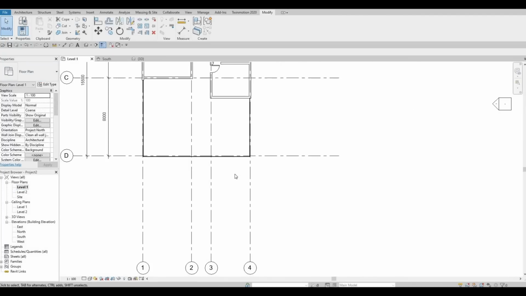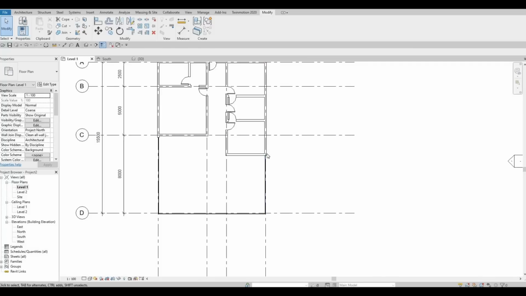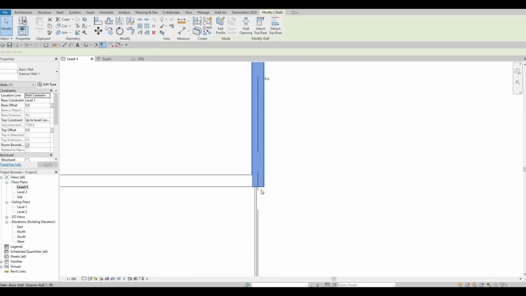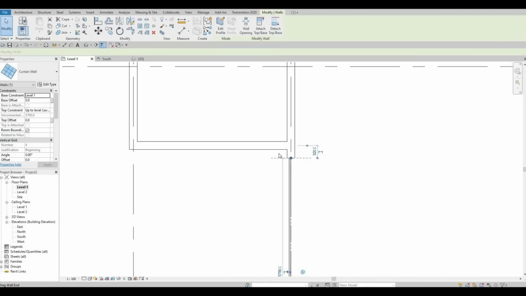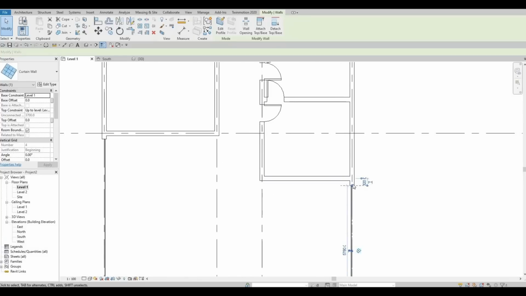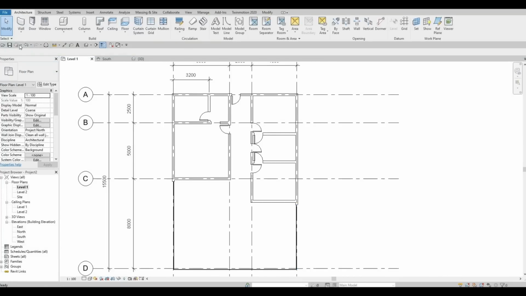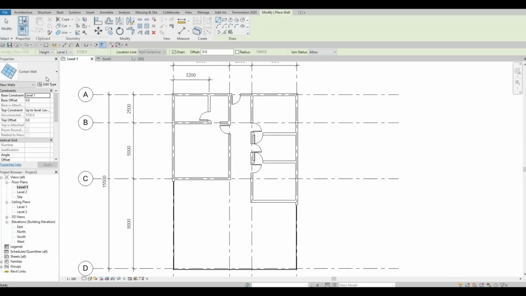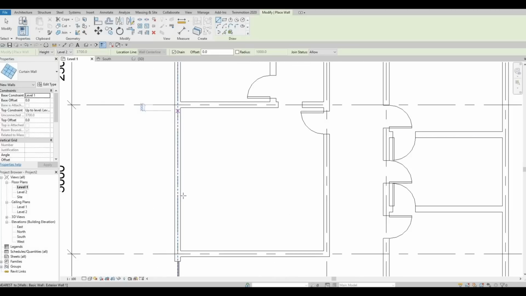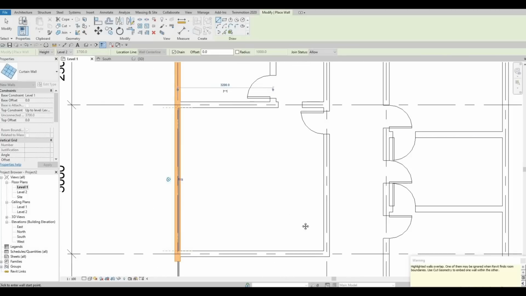So go back to level 1 and we're going to continue adding curtain walls. For this one, we could just extend this, or move this back so that there's still support for the curtain wall. It needs to be supported by this wall. Then press Escape, go back to Architecture and click the wall again. And we have the curtain wall again, and we're going to add this curtain wall on some of the rooms. So we're going to add it on this room,